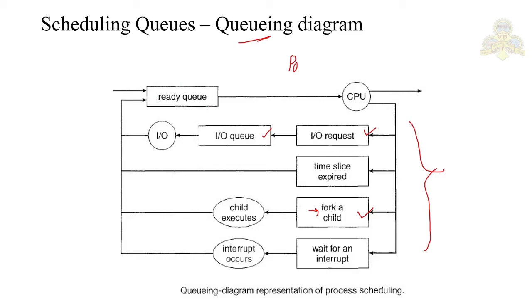Whenever a process is executing, it might need an IO request, it might need to create a sub process. Once it is done, again it will go to the ready queue. If nothing, it terminates, or if it needs IO a second time, it goes again. So this continues till the process terminates,